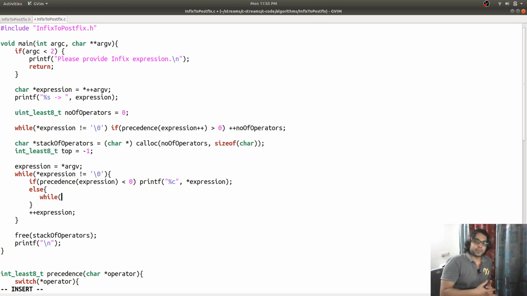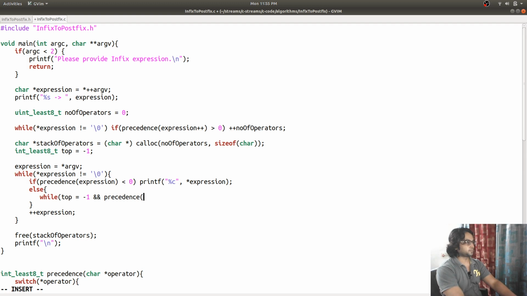high precedence operator out, and we need to keep popping out the operators until we empty the stack, or we reach an operator whose precedence is not higher than the operator that is going to come into the stack. So first check that the stack is not empty, and check that precedence of